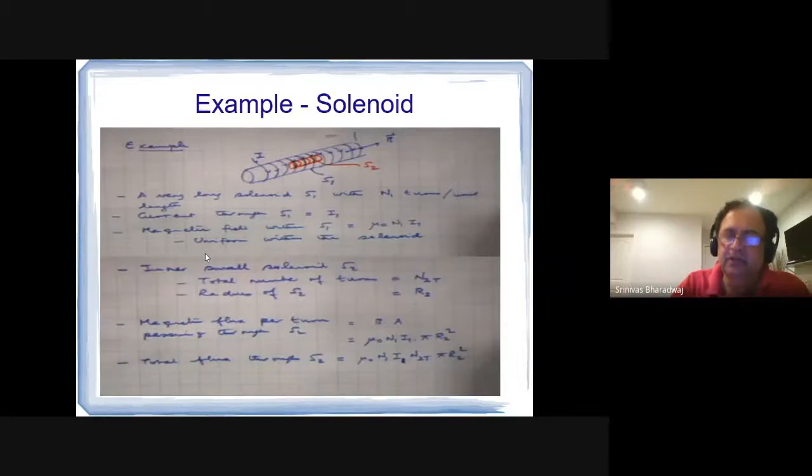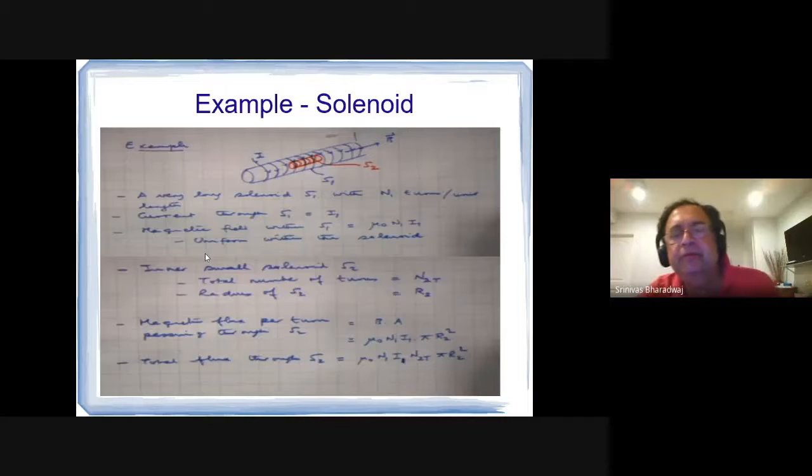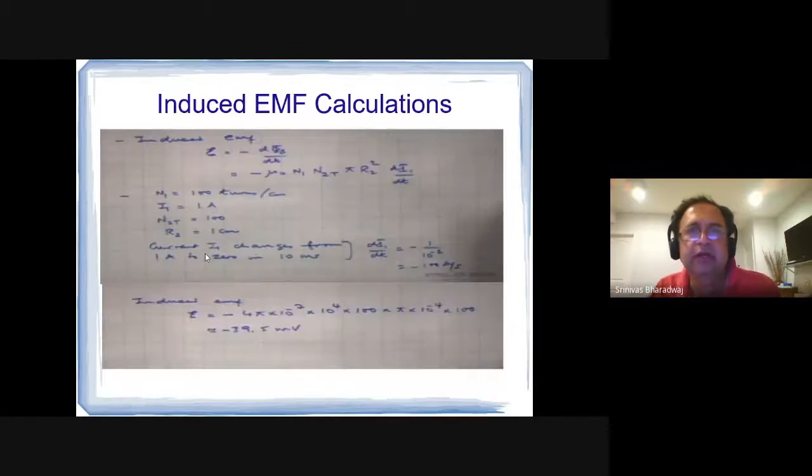Okay, so then we discussed the solenoid, and then a solenoid which is inside another solenoid. So here there are two solenoids, S1 and S2. You have a current in one which produces an induced electromagnetic field. Let's say you had a varying current in the first one, it will produce a varying field, and that varying field in turn will produce a current in the second coil. Okay, so that's how this whole thing works.